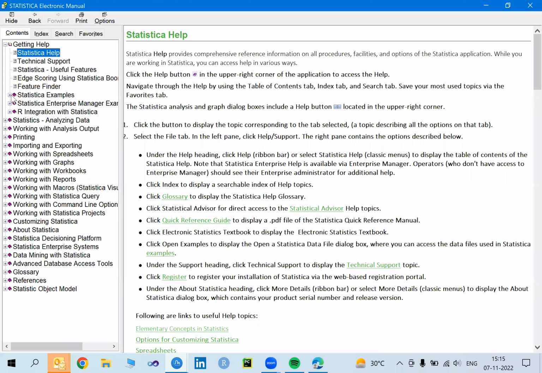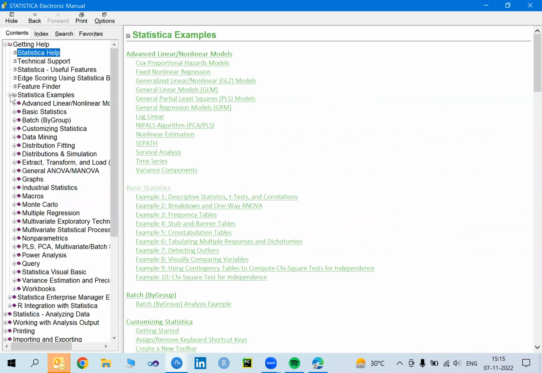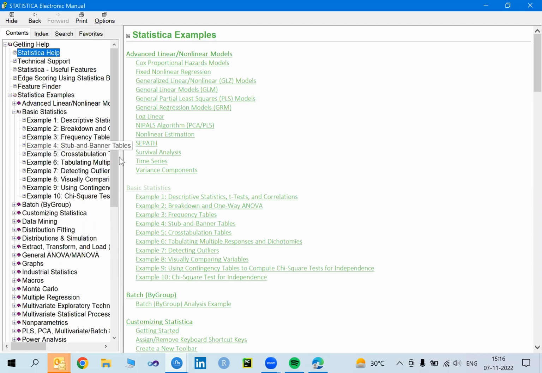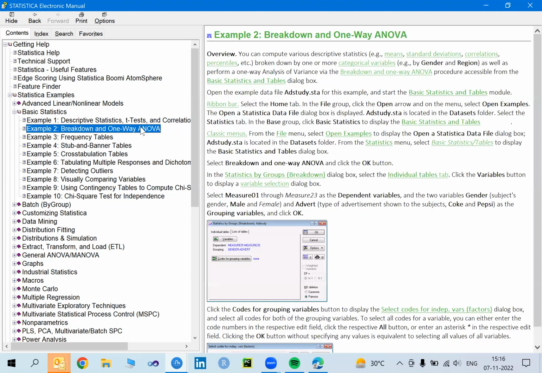So I can go to the Statistica Examples. If I expand that, there is a wide range of topics displayed, but currently my interest is ANOVA. So ANOVA I get in Statistica Examples. If I go to Basic Statistics and Tables, under Basic Statistics and Tables, Example 2 consists of Breakdown One-Way ANOVA. If I expand this Breakdown One-Way ANOVA,